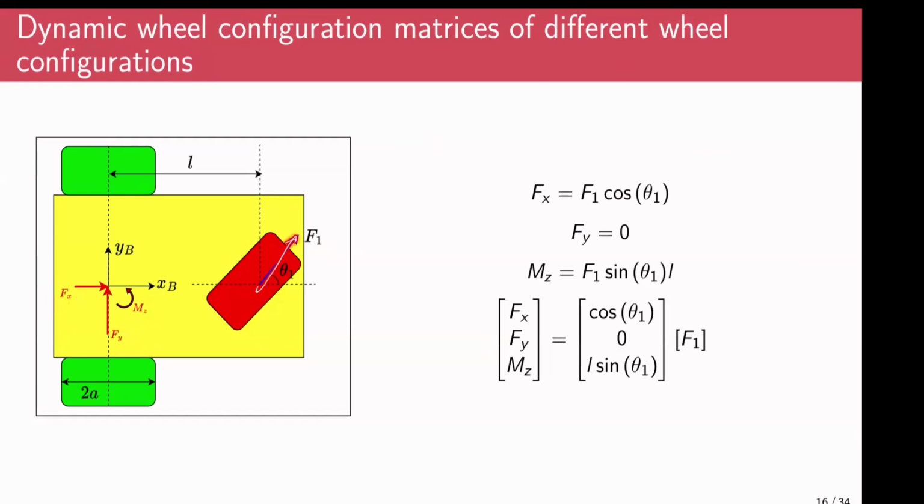So if you resolve this force along the x-axis, Fx is nothing but F1 cos theta 1, and Fy would be F1 sin theta 1, and Mz would be F1 sin theta 1 multiplied by this length L, right? But if you look here, we have written Fy as 0, right? And the reason is that even if there is a component,